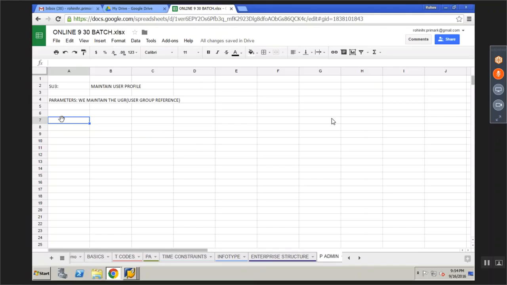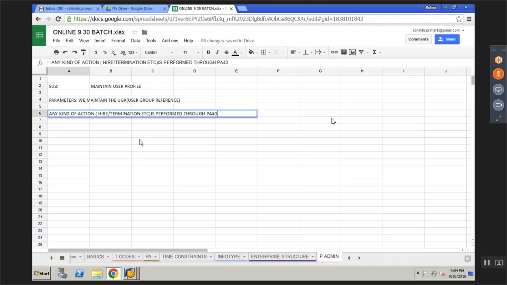So any kind of action, when I say an action, it can be hire, it can be termination. These are the two regular activities which happen, and any other thing is performed through PA40.